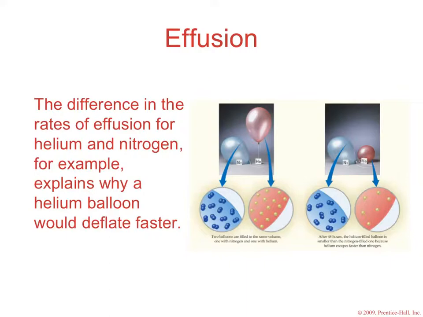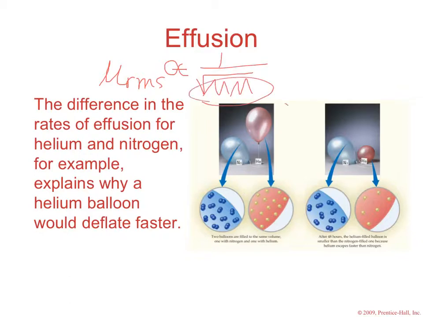So effusion and diffusion both follow the relationship of the root mean square speed of a gas molecule, and that is to say that it's proportional to 1 over the square root of molar mass. Okay? So the larger the molar mass, the smaller the speed. So if you were asked to compare the rate of effusion for different gases, let's say helium and nitrogen, the first thing that you want to do is look at the molar mass of the gases you're comparing. So the periodic table would tell you that the molar mass for helium is 4,